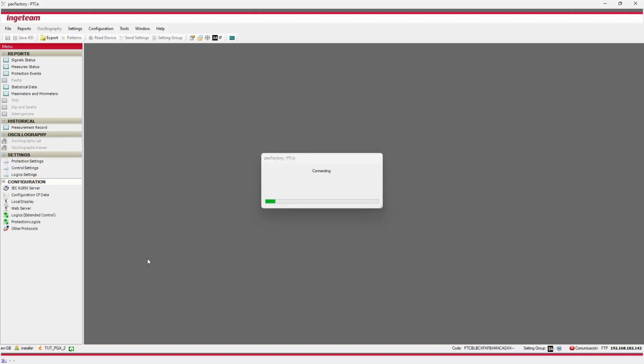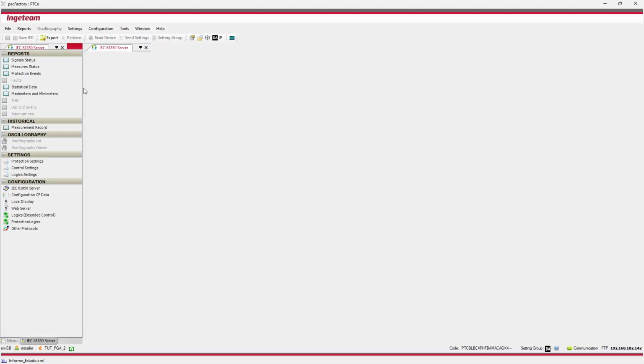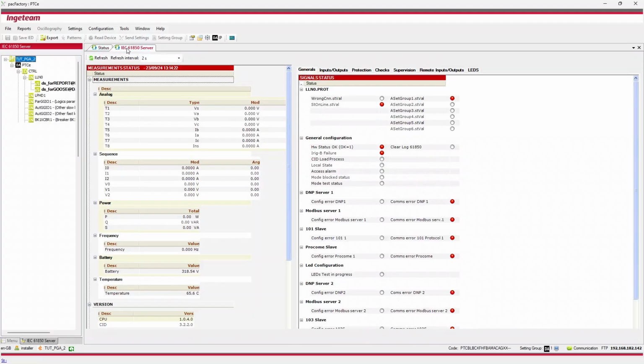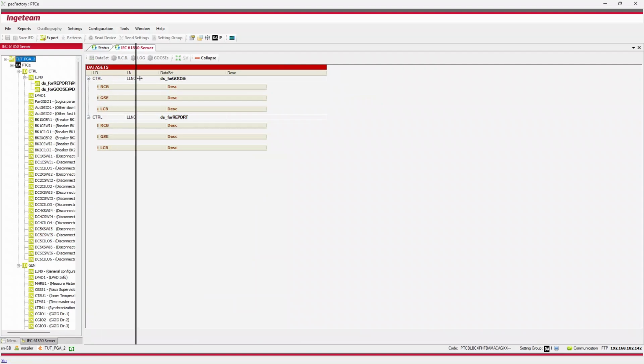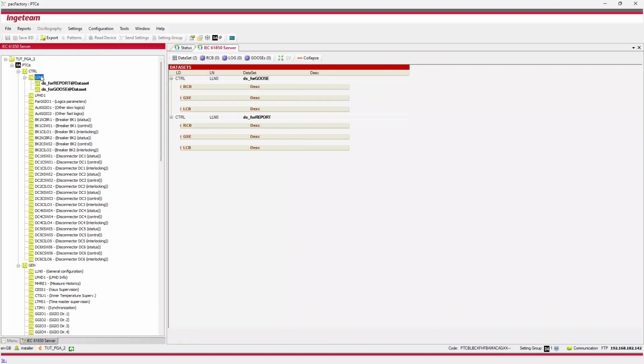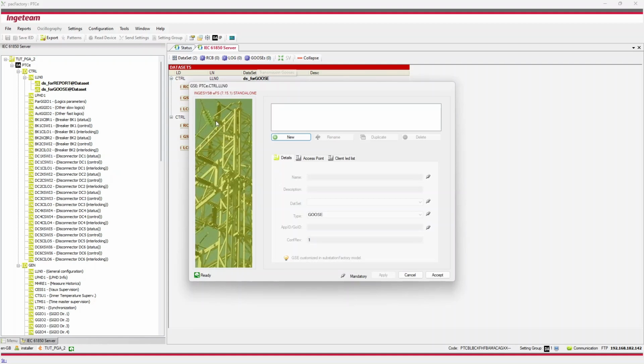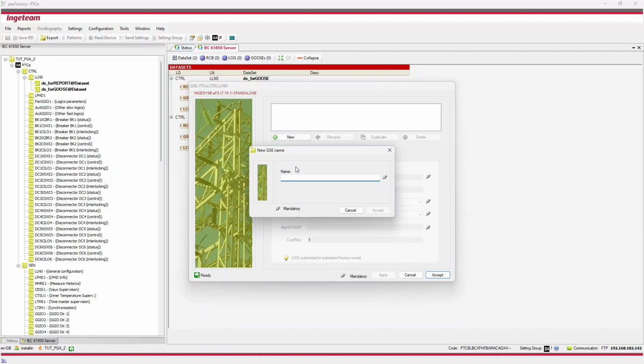To configure the publication of goose by an IED, we will need to click on the IEC61850 server tag in the POC Factory application. In this example, 2 customized datasets have already been included in the IED. By clicking on the goose button, a new window will pop up where all the parameters will be configured. The new button with a white cross over a green circle will let us start configuring a goose publication.